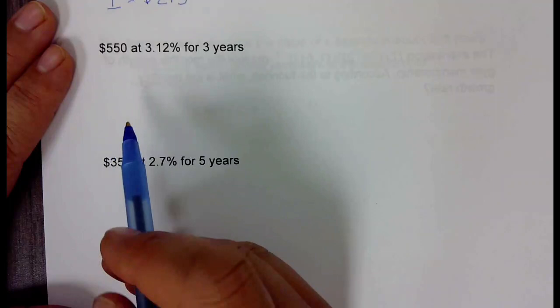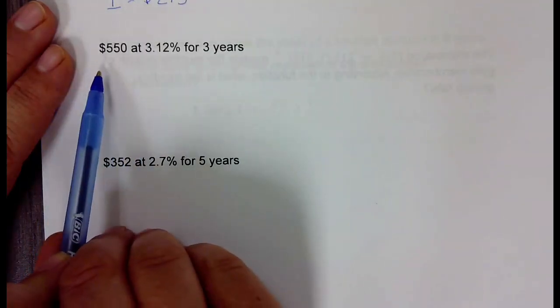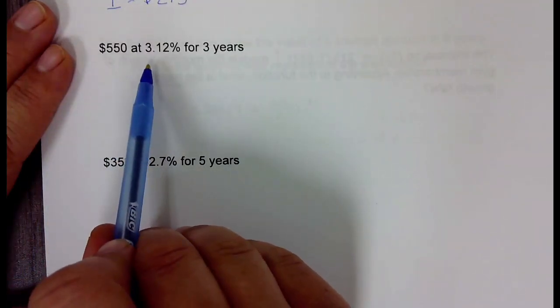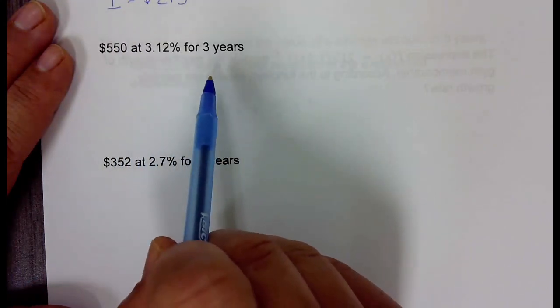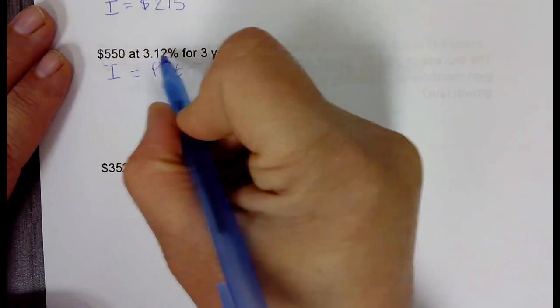We're going to do the same process for this account. This account had $550 at an annual interest rate of 3.12% for 3 years. So I'm going to write down my simple interest formula. I equals principal times rate times time. And I'm going to plug in the information that I know. So interest equals